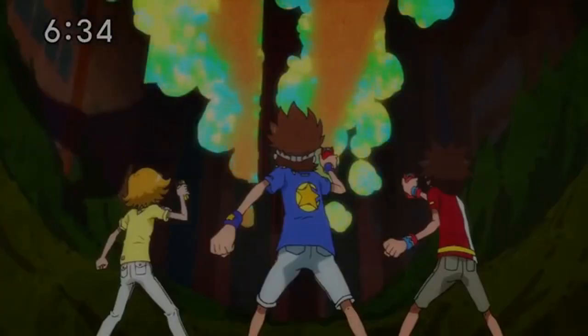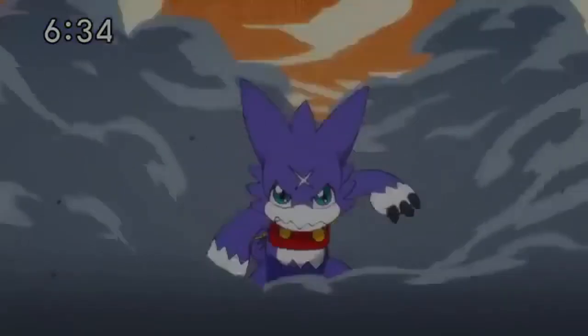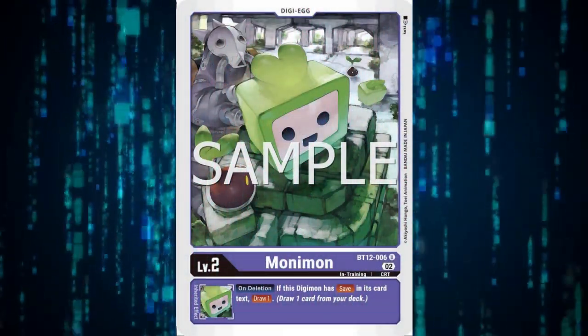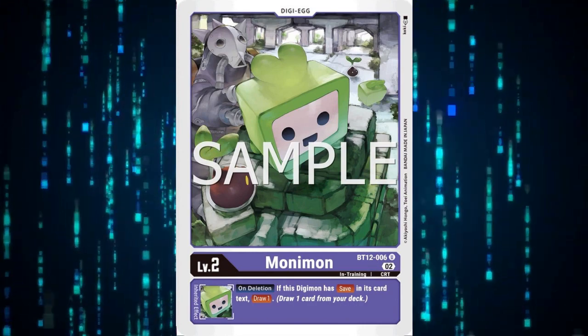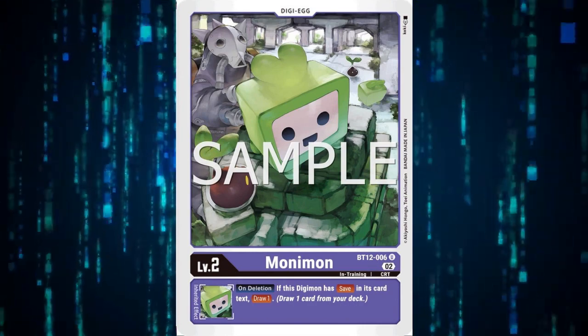Hunters is a mid-range deck looking to build value with Tamers, stacking a litany of diverse inherited effects and eventually moving into a powerful alpha strike. The deck also has an insane draw engine, and this can be seen in the premier egg for the deck, Monimon. Monimon possesses the inherit to draw one on deletion if the Digimon has saving card text, and you'll soon see this comprises the majority of the deck list, and due to that save, you're not too worried about throwing